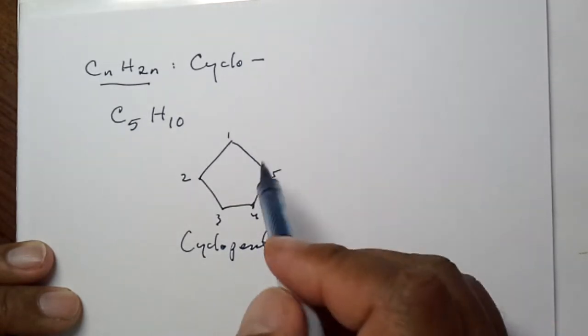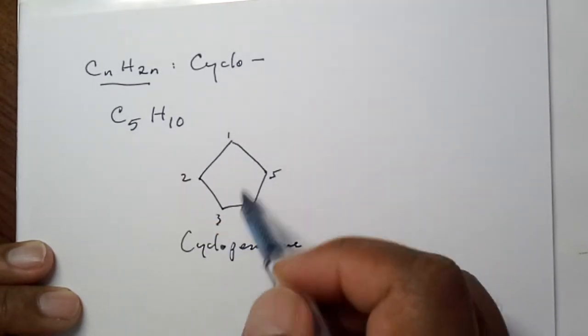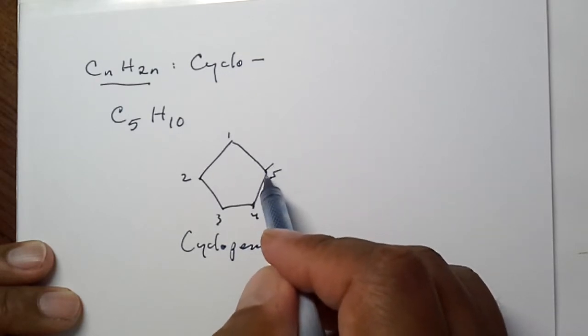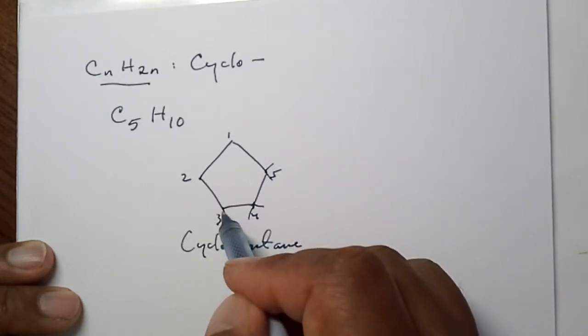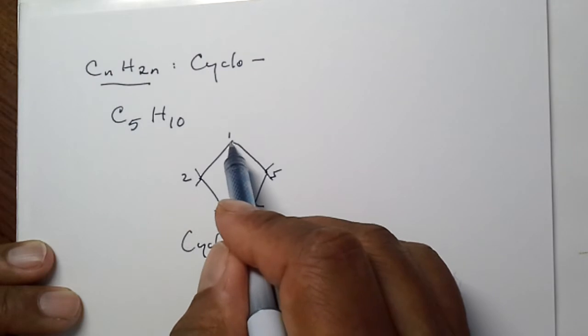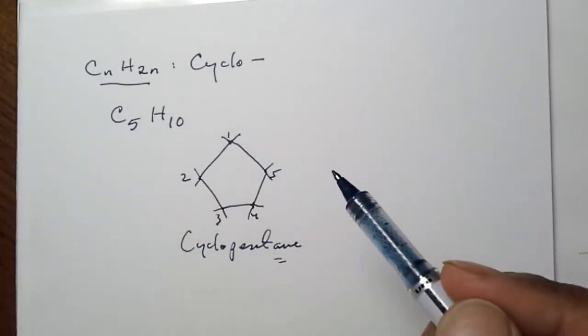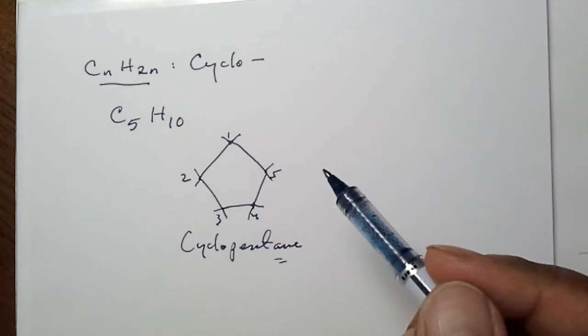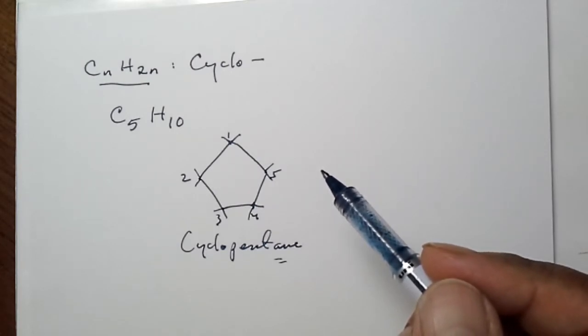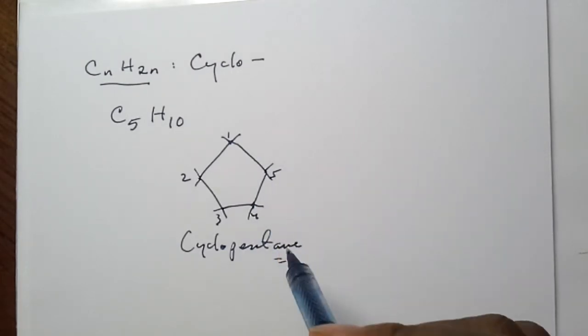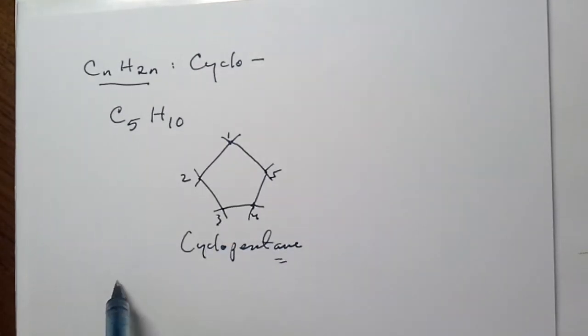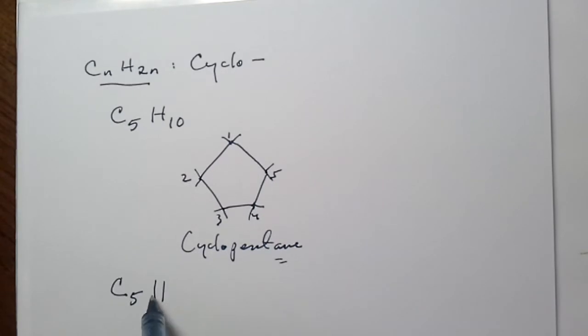Okay. Now, does this have 10 hydrogens? Let's see. 2, 4, 6, 8, 10. It does. So that's cyclopentane. We can have another C5H10